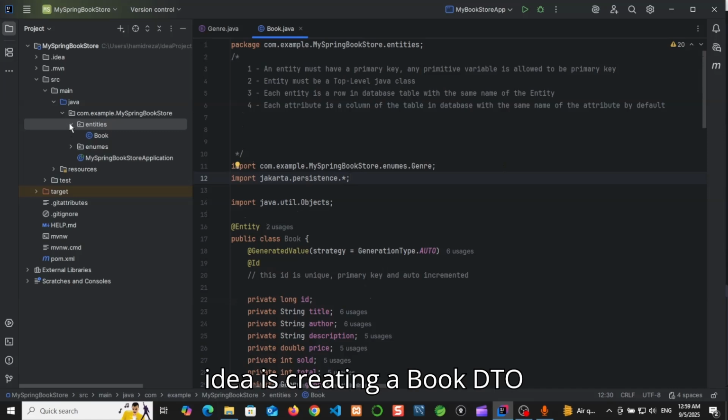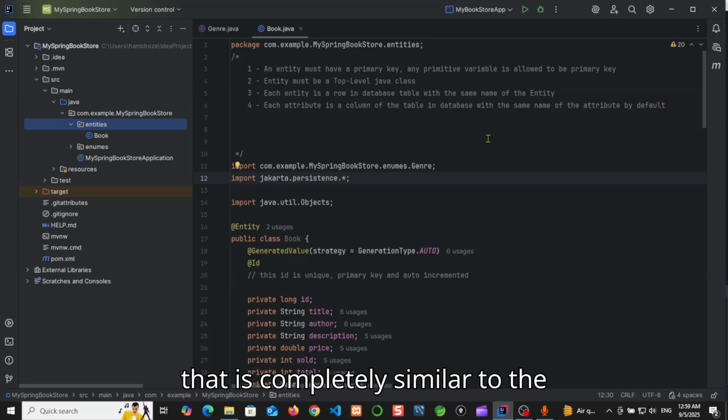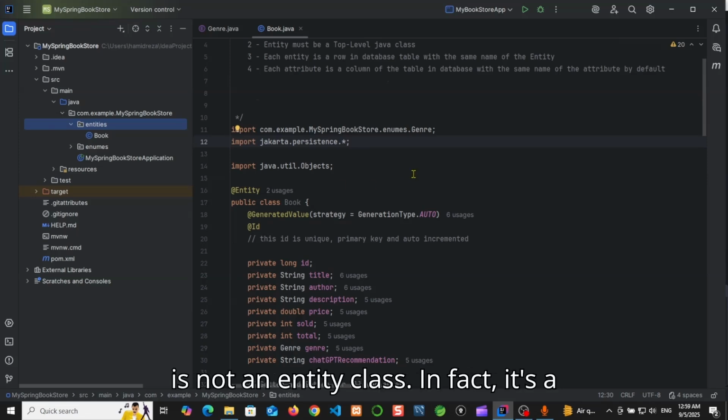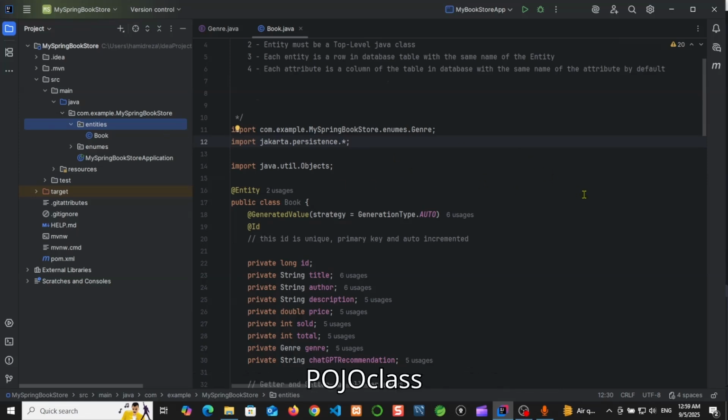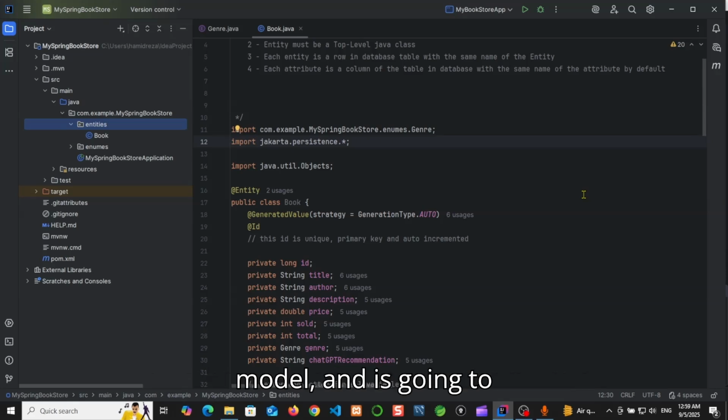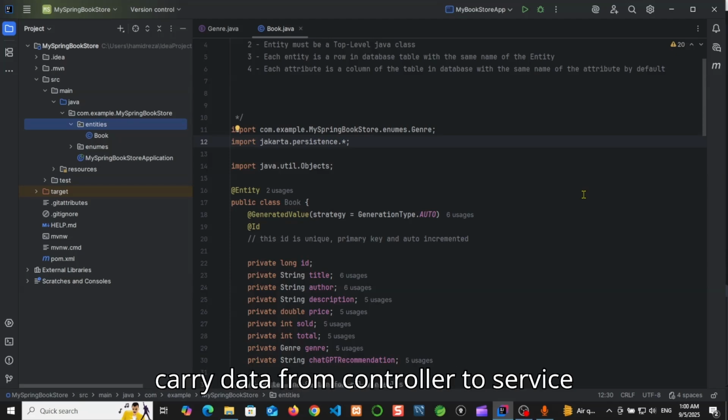The next idea is creating a book DTO that is completely similar to the book entity, with the difference that it is not an entity class. In fact, it's a project class, and works like a container, works like a model, and is going to be mapped with the book entity, and is responsible to carry data from controller to service class and vice